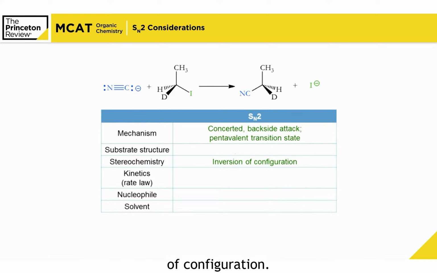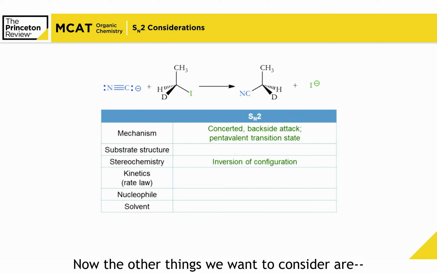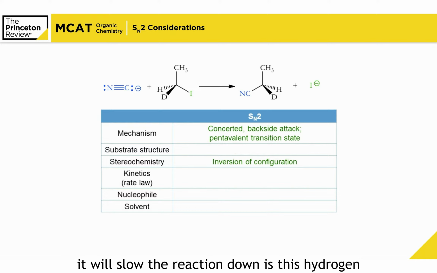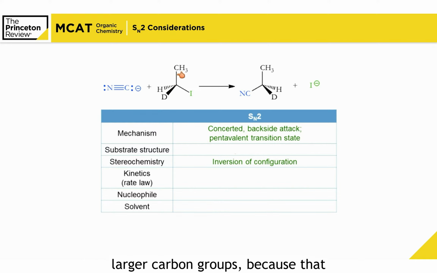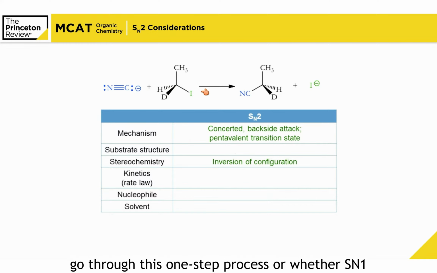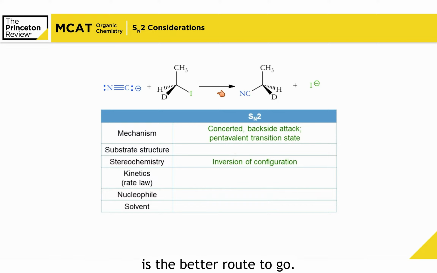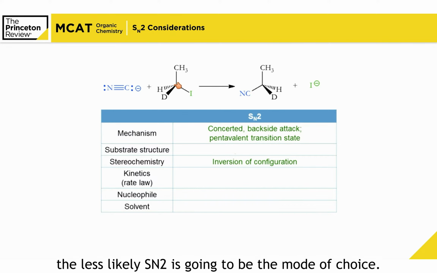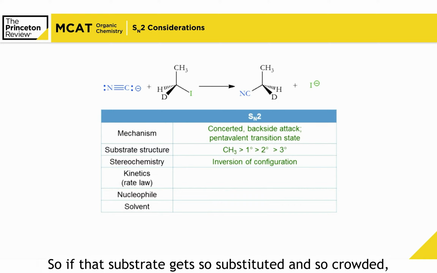Now the other things we want to consider are, it will slow the reaction down if this hydrogen and deuterium atoms were actually larger carbon groups, because that makes the attack of the nucleophile into this electrophilic carbon slower. So the structure of the substrate helps to determine whether the mechanism will go through this one-step process, or whether SN1 is the better route to go. So the more substituted this carbon is, the less likely SN2 is going to be the mode of choice. So if that substrate gets so substituted and so crowded,